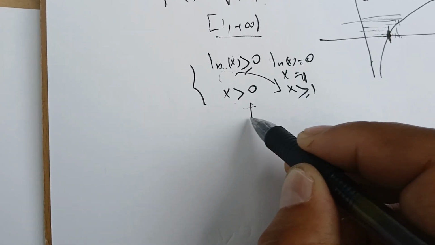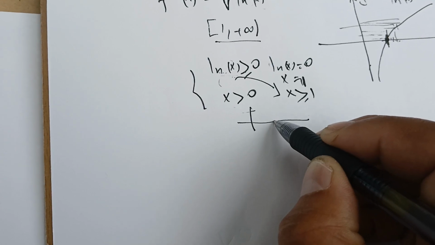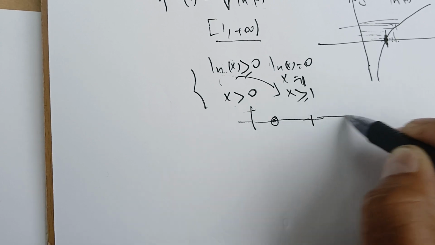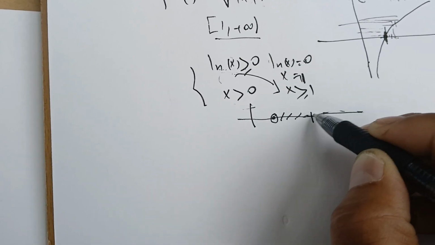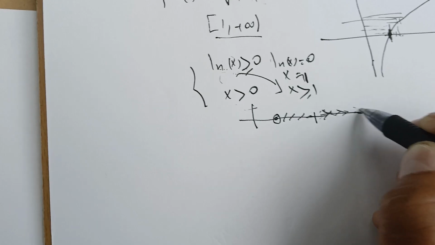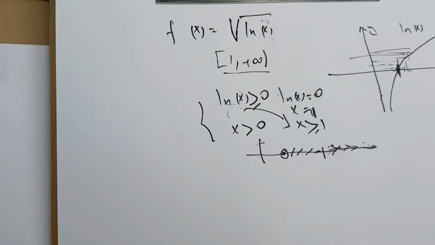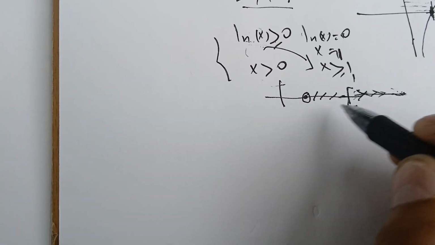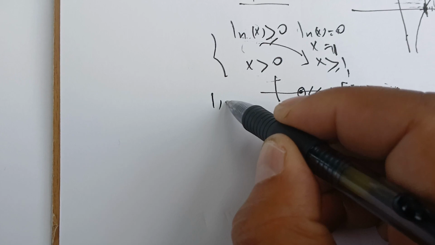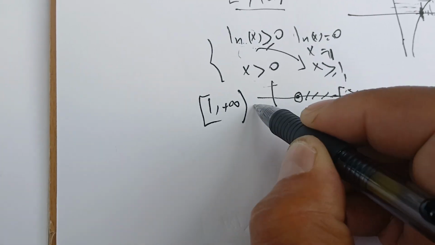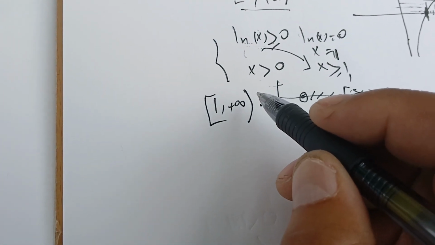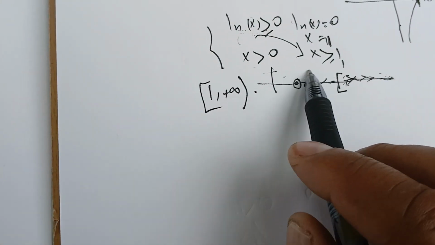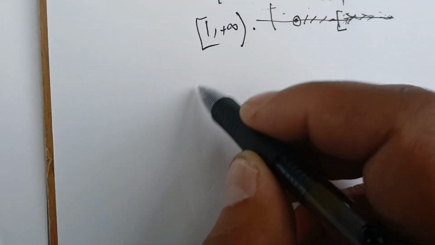So we have the graph here. So this is 0, this is 1. So we want to have x bigger than 0 and x bigger than or equal to 1. So it's this double shaded area that would make this condition true. So we have 1 to plus infinity as our domain of definition. Okay. So graphing and algebra help us a lot. Next one is